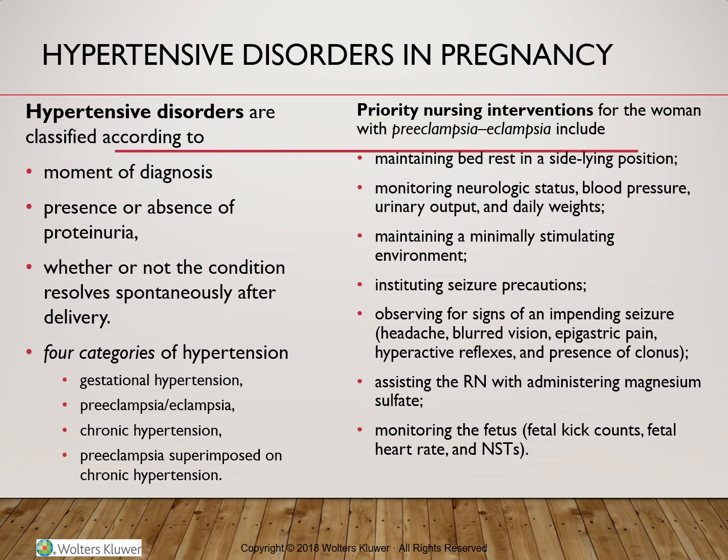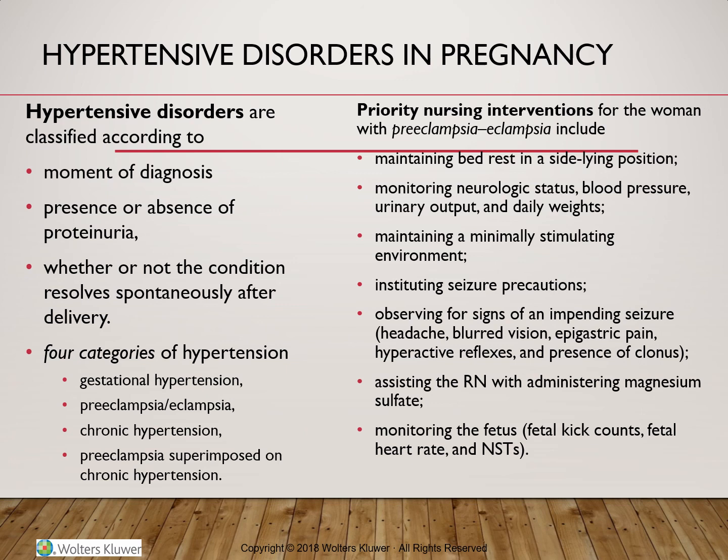So we can use magnesium sulfate in addition to other anticonvulsants such as phenytoin or Dilantin, or diazepam, Valium. Now, the magnesium sulfate also needs to be closely monitored for signs of toxicity. The therapeutic level of magnesium is between 4 and 8 milligrams per deciliter, and this level is the one effective to prevent seizure without causing any type of toxicity.